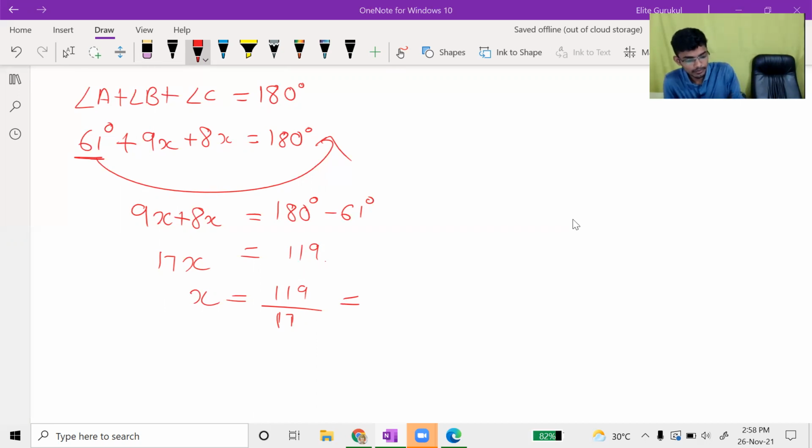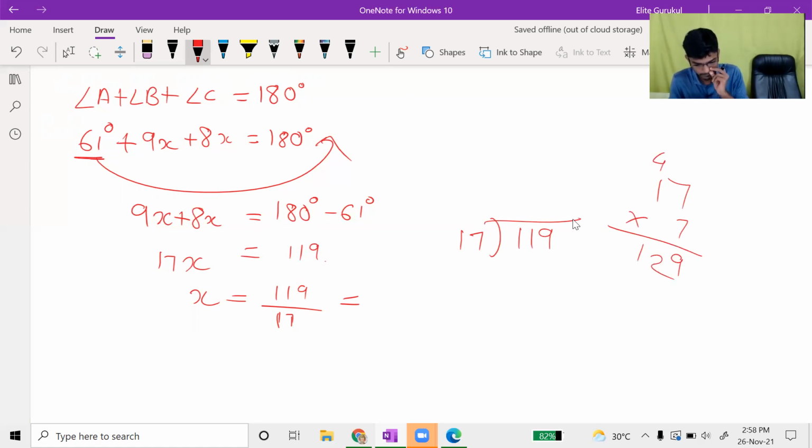We have to divide now: 119 divided by 17. 17 sevens are how much? 102. Hey, come on. 119, no? Yes, sir, 119. Wait: 7 sevens are 49, 4 carry over, 7 ones are 7, 11, so 119. Yes, sir. Then your x is equal to how much? 7.